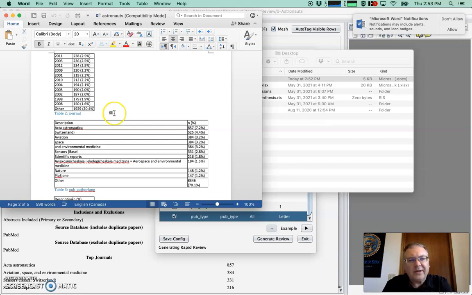The whole purpose is whether we can perform a rapid review really quickly, and then have it write a lot of the Word file, or work from a template, so that